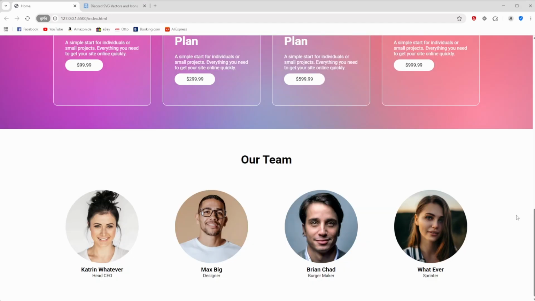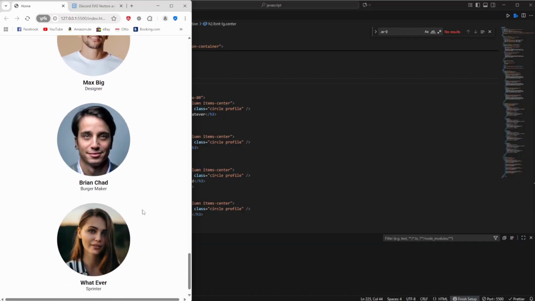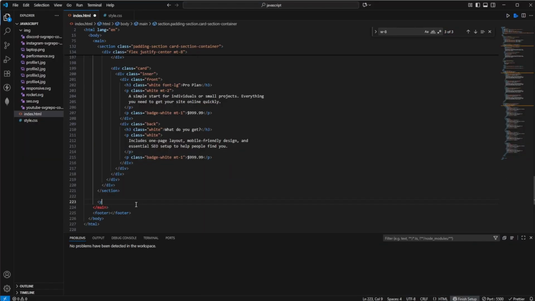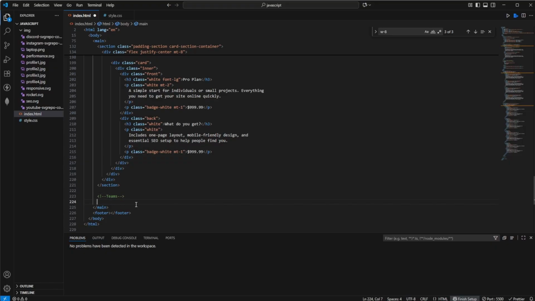Today I'll show you how to create this team section inside of HTML and CSS on mobile, as you can see right here. Now let's start to create the team section. So first of all, we are obviously going to create a section that includes the content for our team,